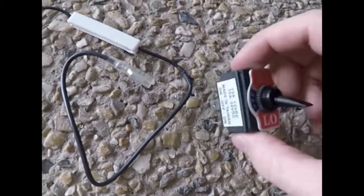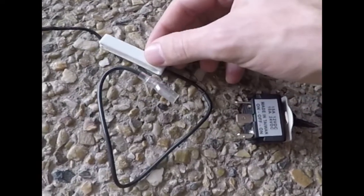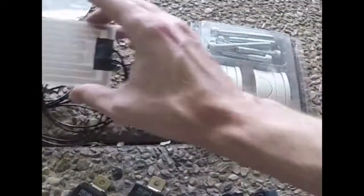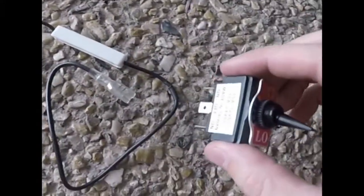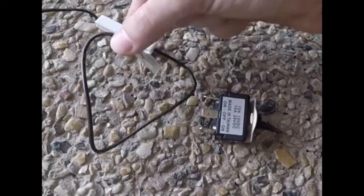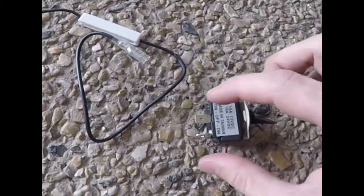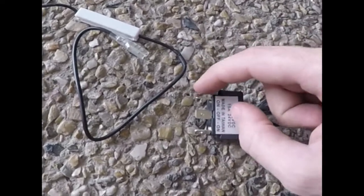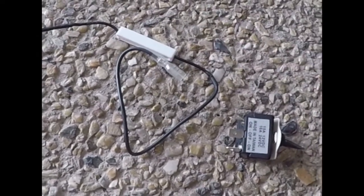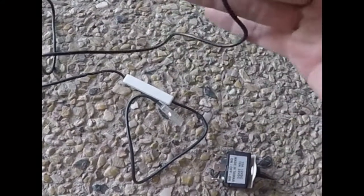So this terminal is up, although it's the high indicator, it's actually the low terminal, so the resistor reduces current flow in the circuit, hence reduces the heat that the elements will produce. So that's actually the low setting. So that's a trap for young players there. So basically the instructions will tell you to connect the resistor to the high terminal, but they're talking about the labeling, so the one behind the high, but that's actually the low terminal, because the resistor reduces current flow to the low circuit to give you less heat, and the direct power obviously is just the high because it's direct full current, no resistor to reduce it. Okay,